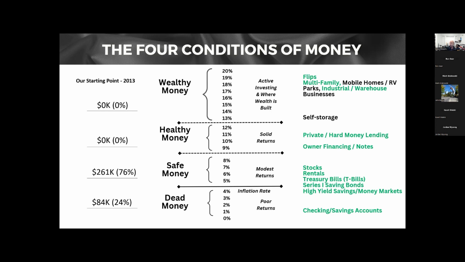But I'm going to be 100% honest with you. The safe money, the 261 grand, it wasn't really that safe because it was sitting in a stock portfolio that I was just set it and forget it, right? Just kind of let it ride. No control really, just on the roller coaster. So that's where we were 10 years ago. And I knew after putting the plan together that I needed to get that money moving in the up direction, right? That is exactly what the plan encourages you to do.